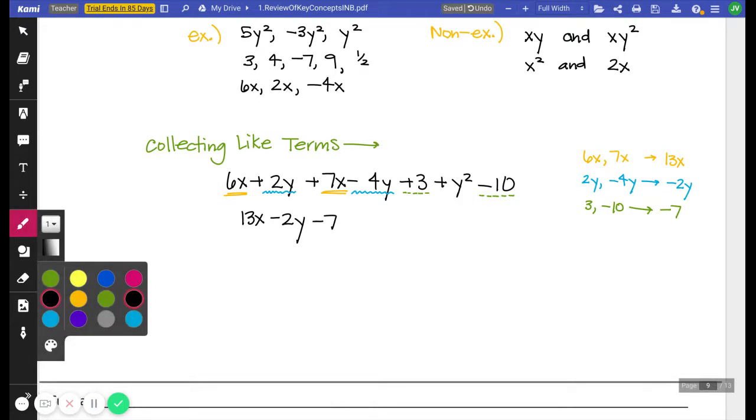So I've underlined the 6x, I've underlined the 2y, I've underlined the 7x, I've underlined the 4y, I've underlined the 3. I've not dealt with the y squared. What style underlining should I use? I'm just going to do a box. Y squared has no friends, so it's just going to stay as y squared. It's okay that it doesn't have friends. I'm just going to write plus y squared. Okay? That's how we collect like